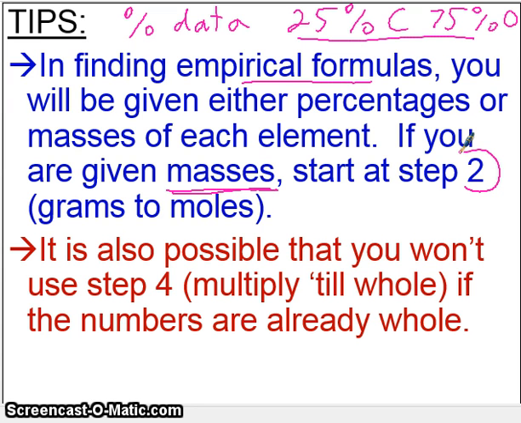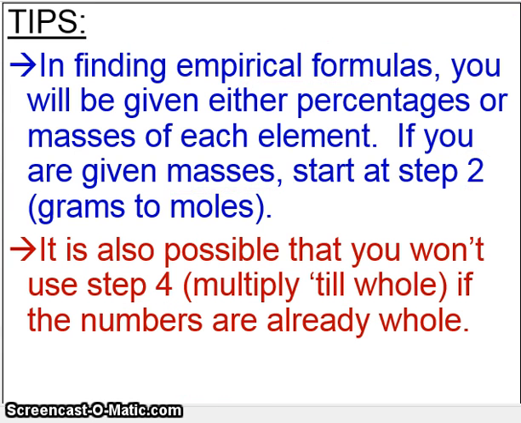Now, it's also possible for us not to have to use step 4. Step 4 is multiply till whole. Sometimes, if the numbers are already whole, you'll stop at step 3, which means you only have to use step 2 and step 3 of the poem. And we're actually going to show you this in the next example. So take a look at example 5,